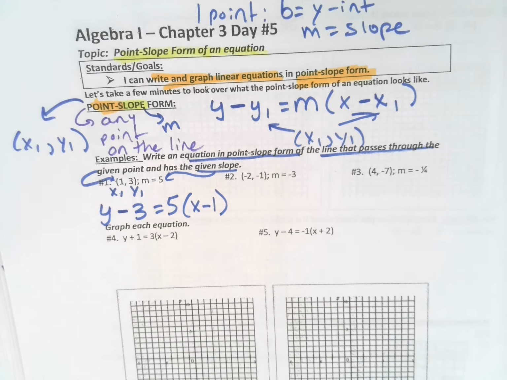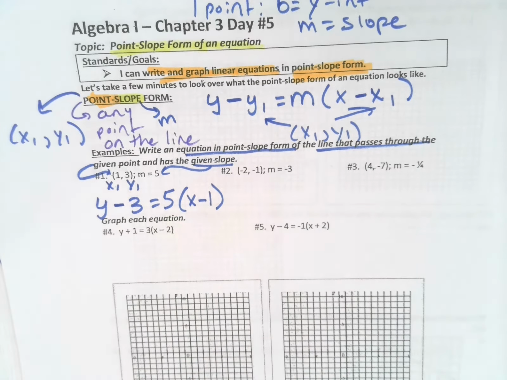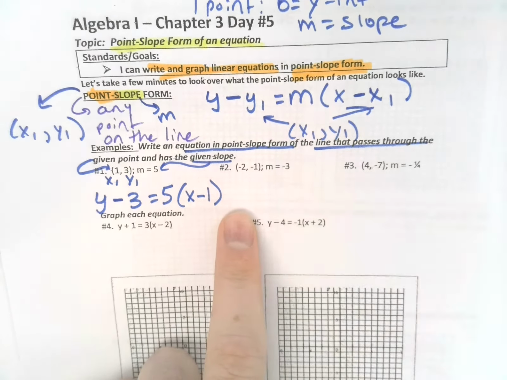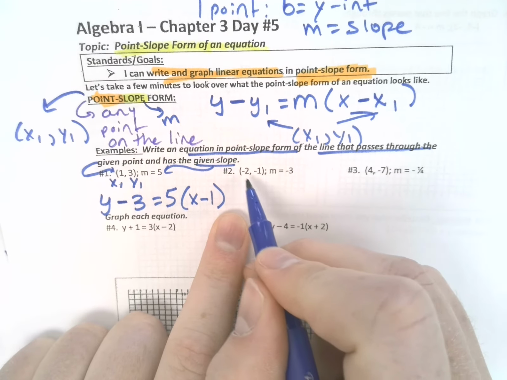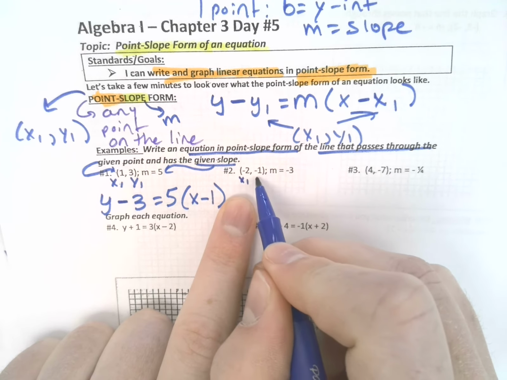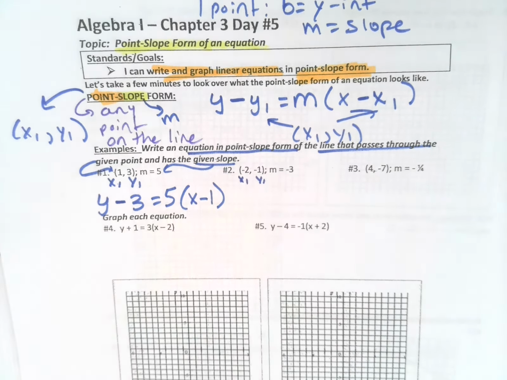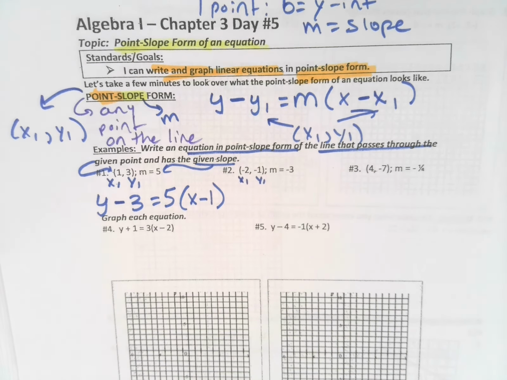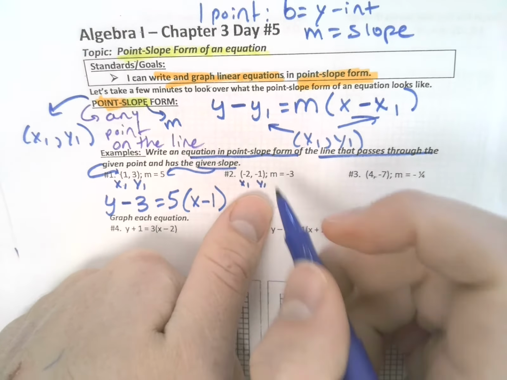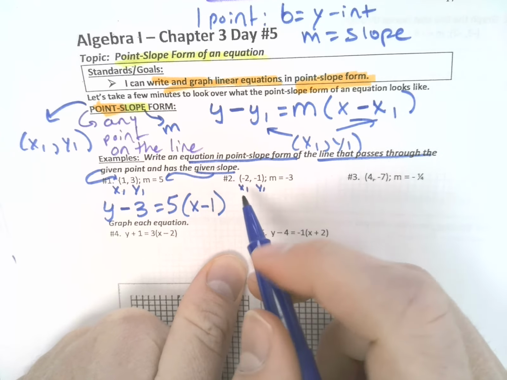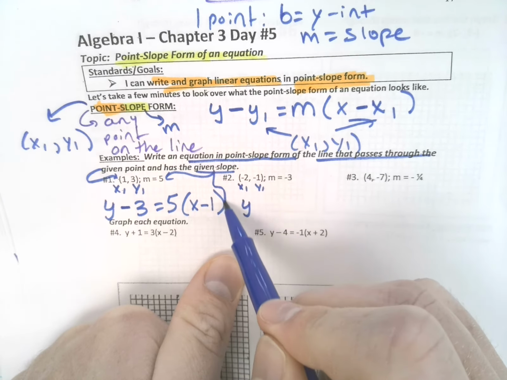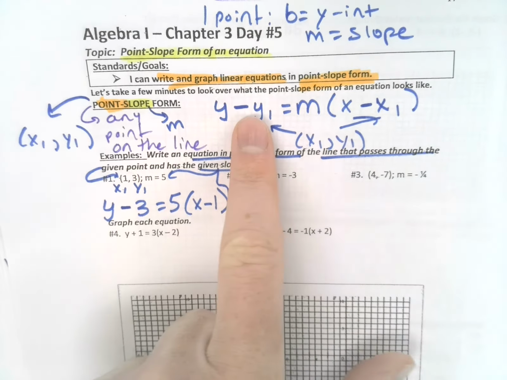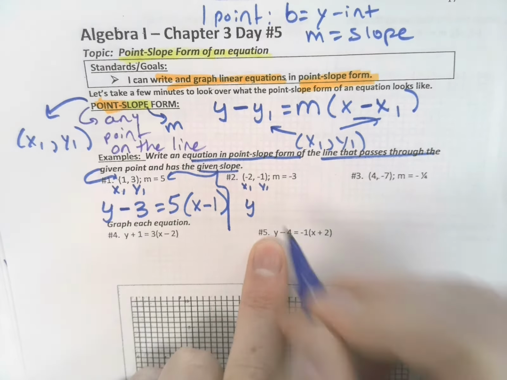We'll do one more together, and then I'm going to let you guys try one. Anybody want to take a shot on number 2? Sure. Hey, I like that, Ben. Go ahead. X1, y1 is the first point they give us. So go ahead, Ben. What are you thinking for our equation? Y equals, now wait a minute. It won't be equals, will it? Isn't it y minus y1? So y minus